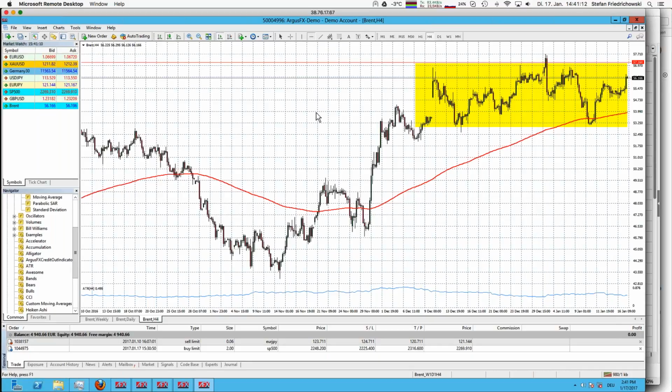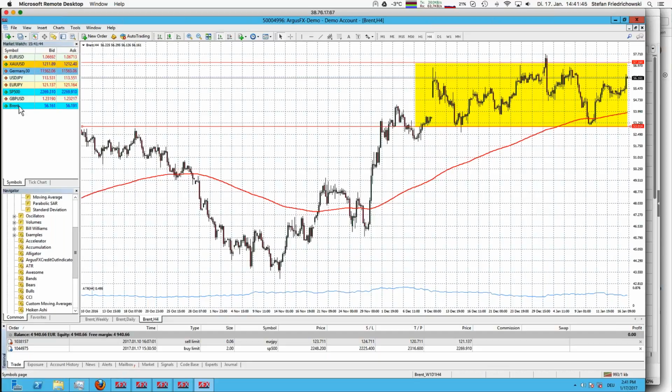For breakout trades, we have a good opportunity to say, okay, for the stop loss we do not use the ATR value. For breakout trades, we can use the range itself. So we would use the lower end of that range as the stop loss level. 53014. So that is a good stop loss for that kind of trade.